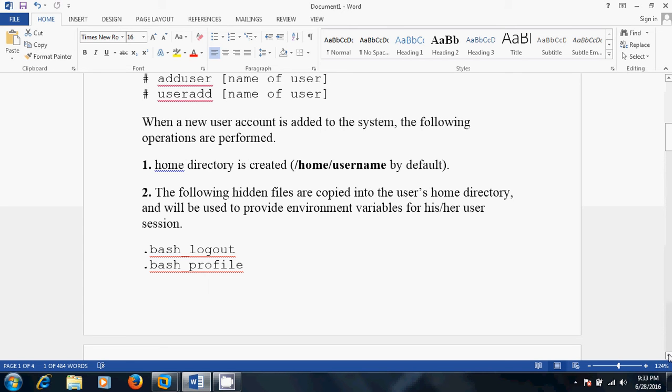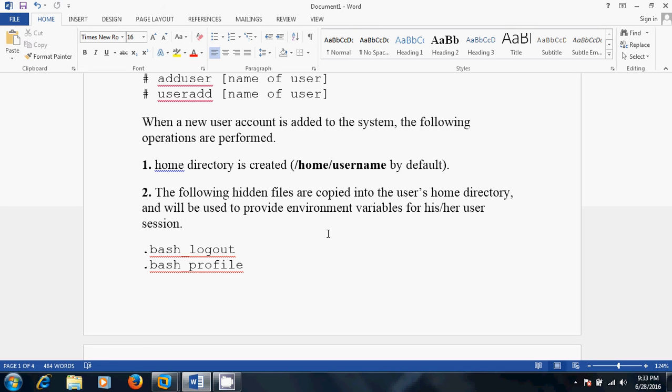Whatever username you create, it is under /home and the user name. Now move to the second point. The following hidden files are copied into the user home directory and will be used to provide environment variables for his or her user session.